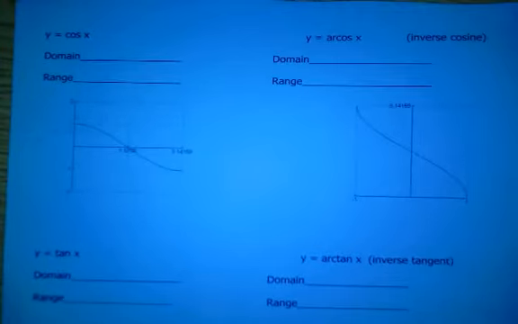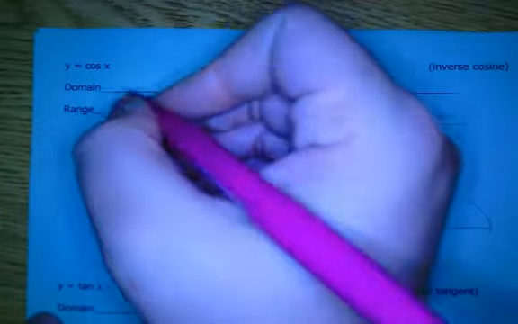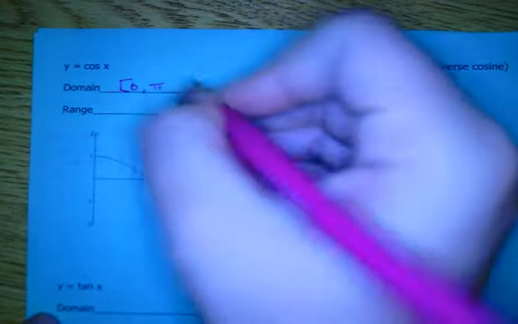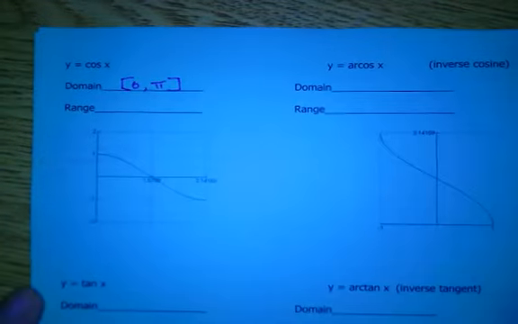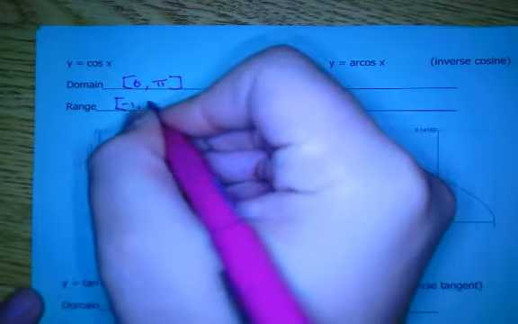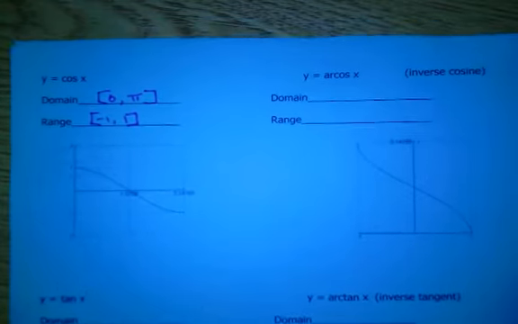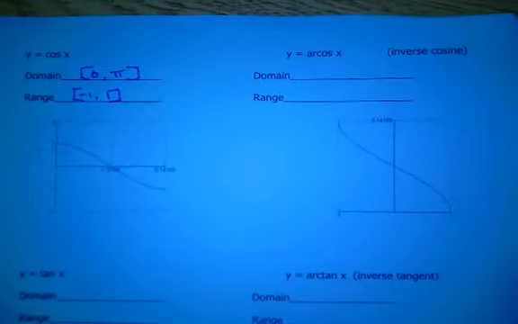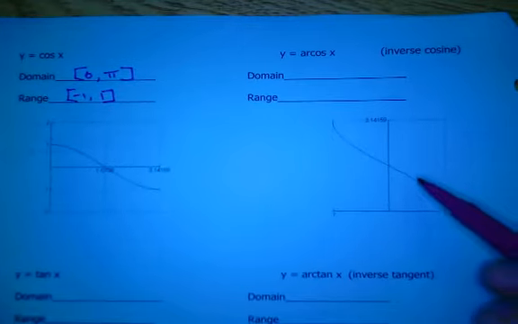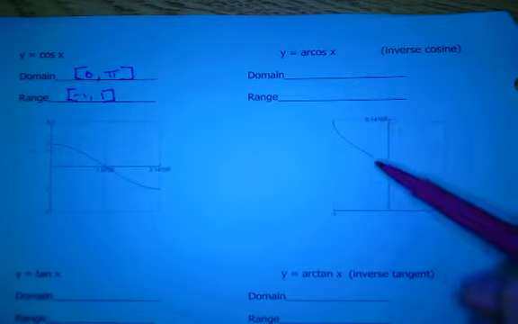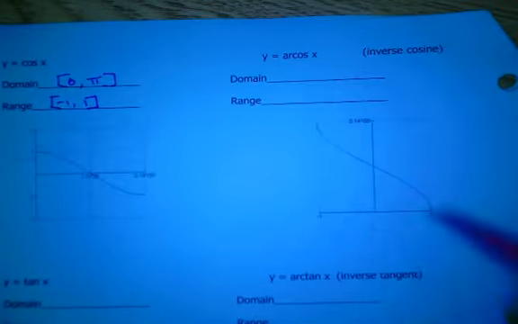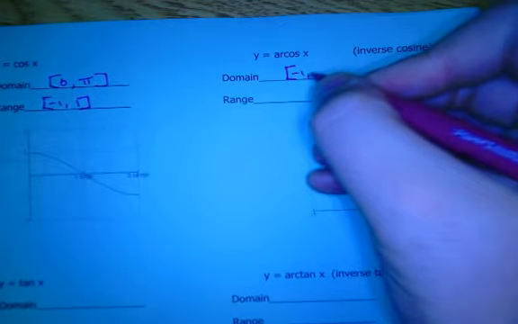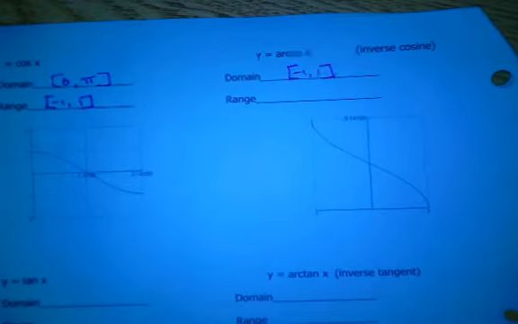Okay, so here's cosine. I restricted cosine just like I talked about earlier in class, so what's the domain of this restricted cosine? And what's the range? And then now here's the inverse cosine, so find the inverse of this restriction, and my domain is -1 to 1. Range is